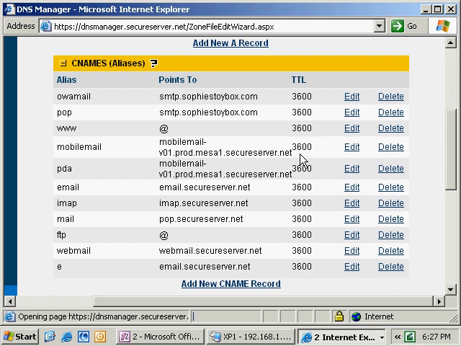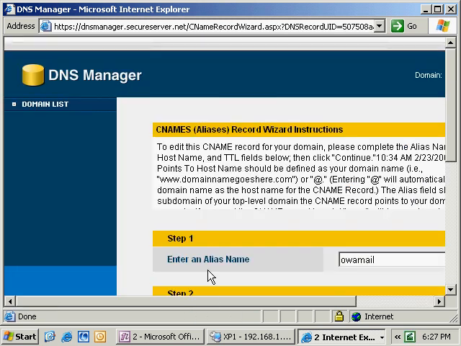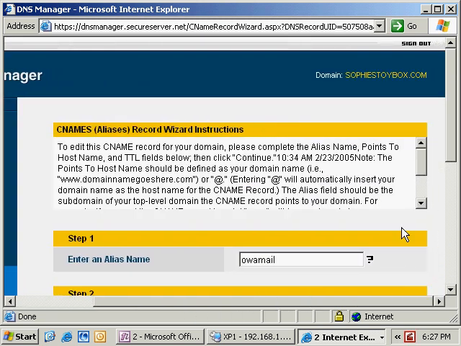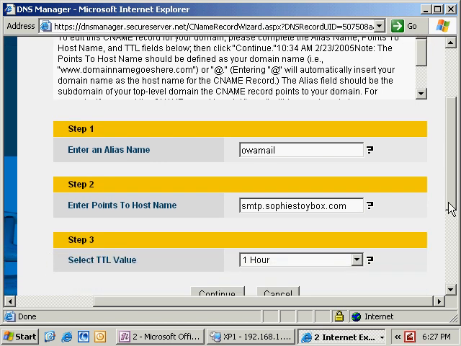I'm going to click Edit here. This has already been set up and I don't want to modify this because it does take some time for this change to propagate, so I'm not going to change anything on it. All that you have to do is enter in OWA mail for the alias name and then point to the actual host name like we said before,